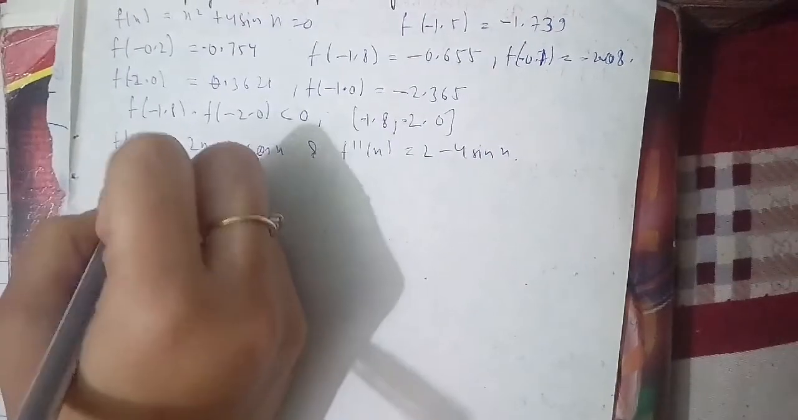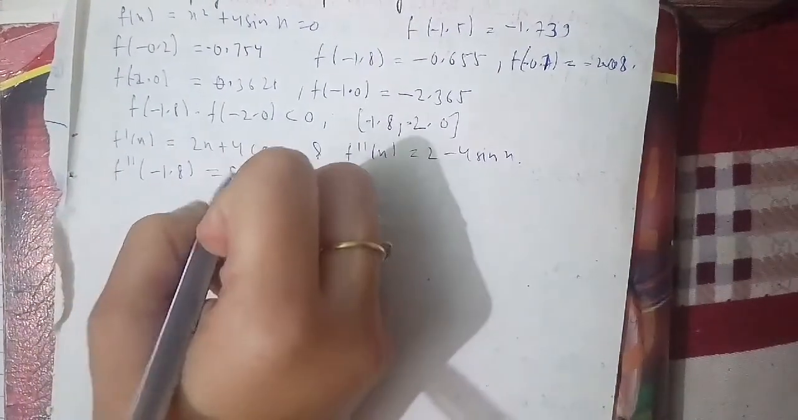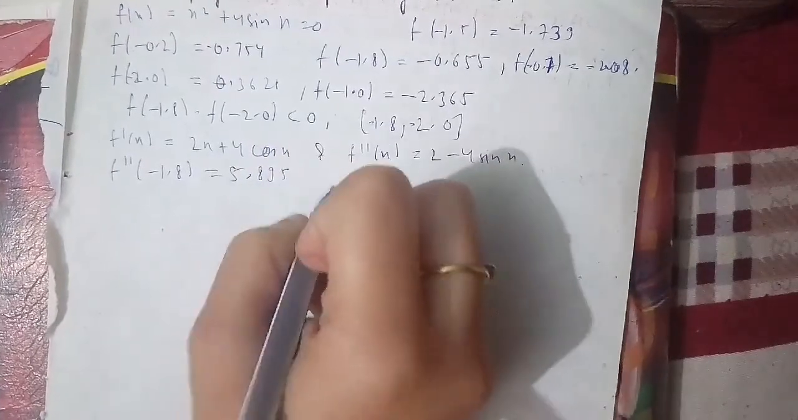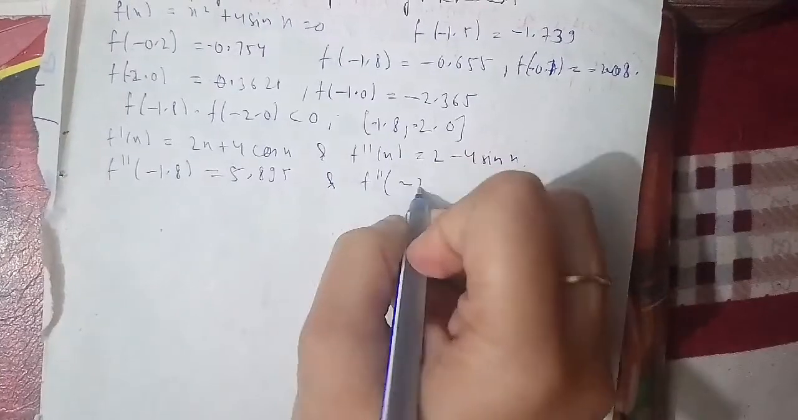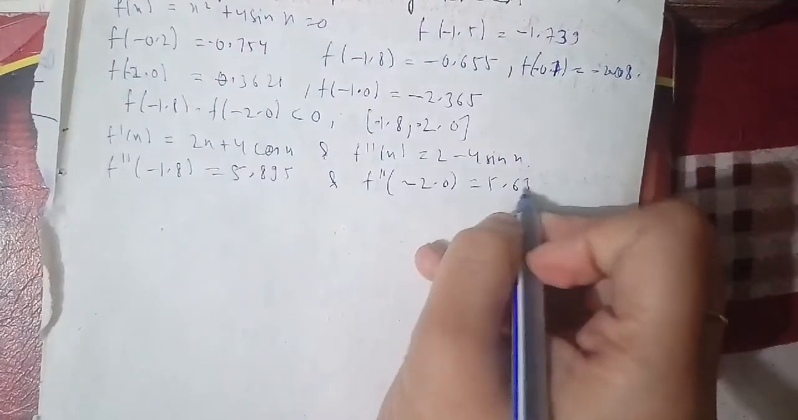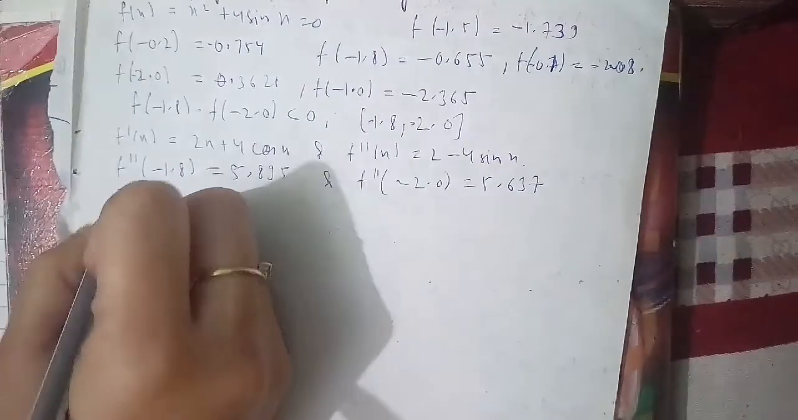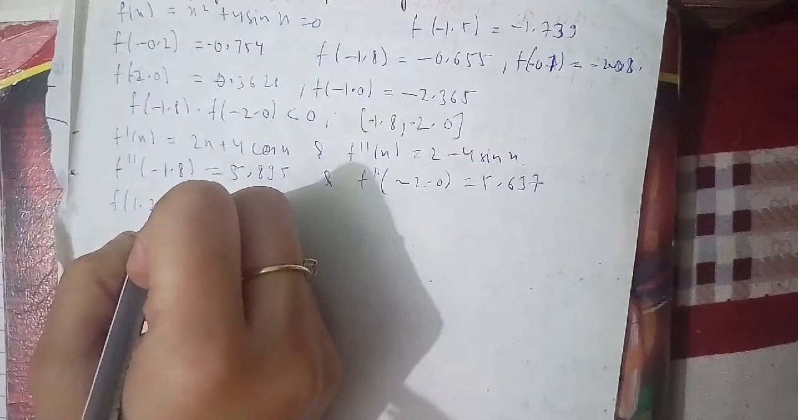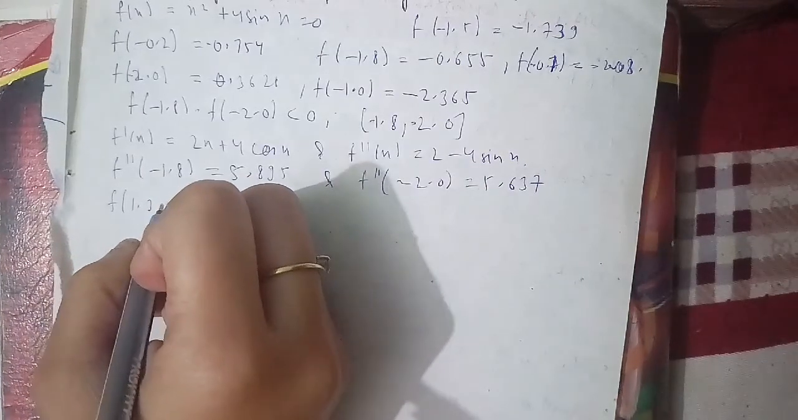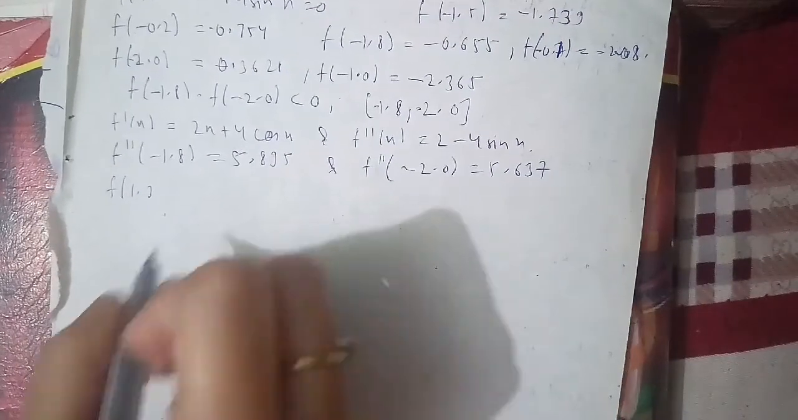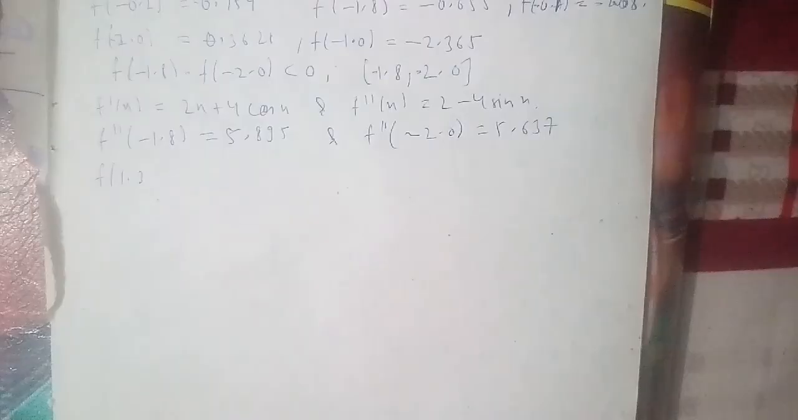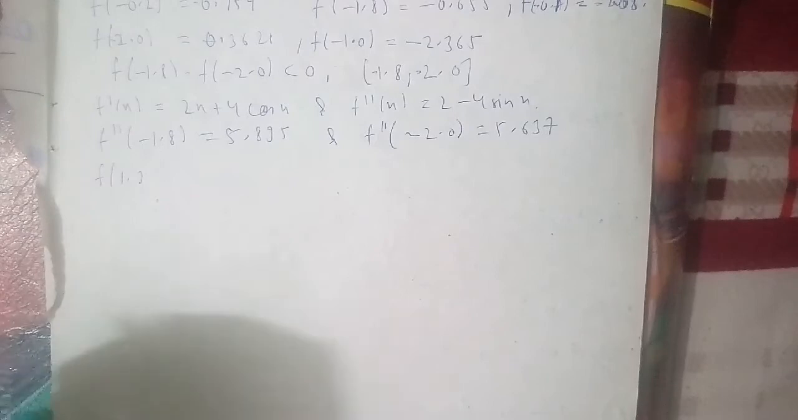F double dash of minus 1.8 is equal to 5.895, and f double dash of minus 2.0 is equal to 5.637. That is what we will have to discuss here. So with the same cases we go ahead, and for that we'll have to find it out here, and for 1.3 we go ahead here as well. So with the same cases, that is what we have to discuss here, which is as follows,